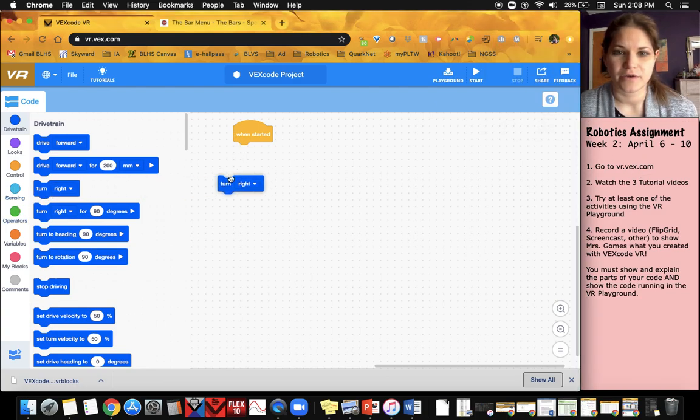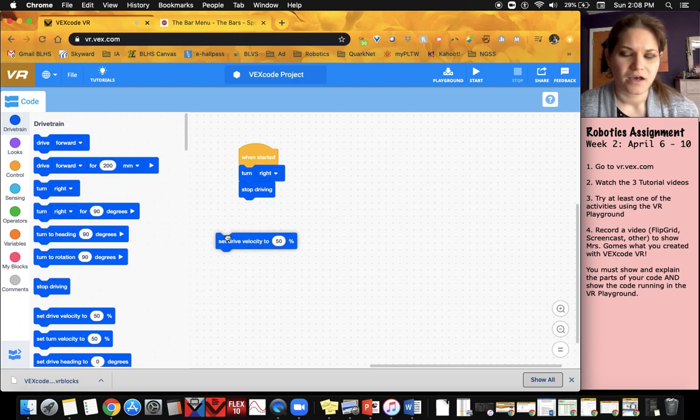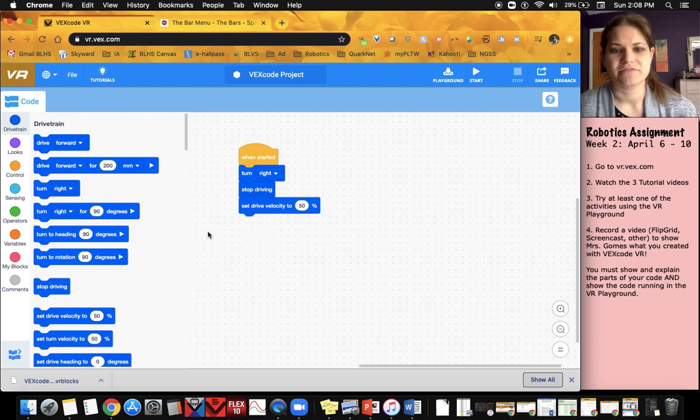When you're ready to save a project, let me just do a bunch of things really quickly. I'll just throw some things on here. It doesn't even matter. This is a program that doesn't even make any sense, but just to show you, as soon as you have a program that you want to save,